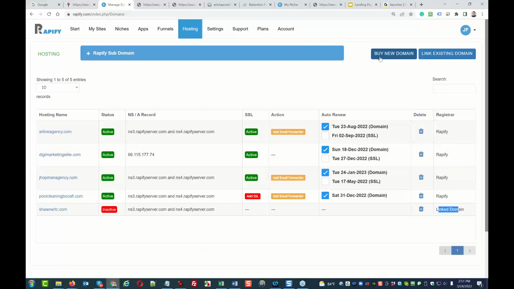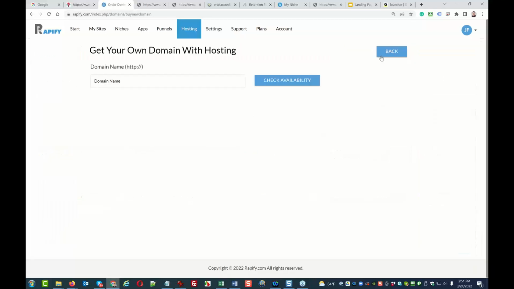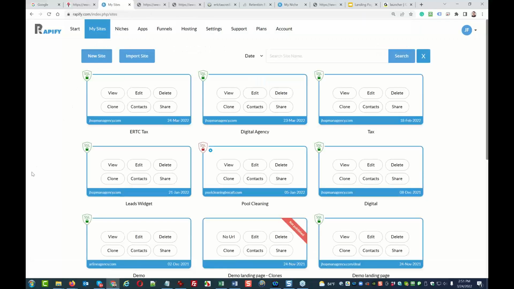The third option is you buy a domain and you're all done. It's the easiest. Buy a domain and you can host a website on it. Another option is you buy the domain inside Sand Eagle, and then it's easy to point to Rapify and install the ELC website on it. Skype support will help you with that. The point I want to make is that installing the website is easy.